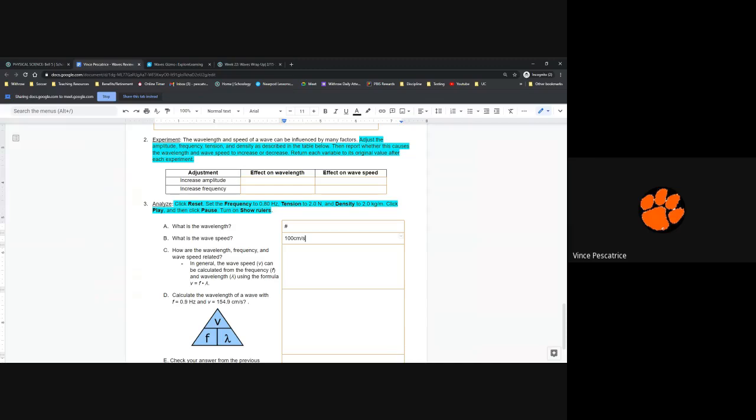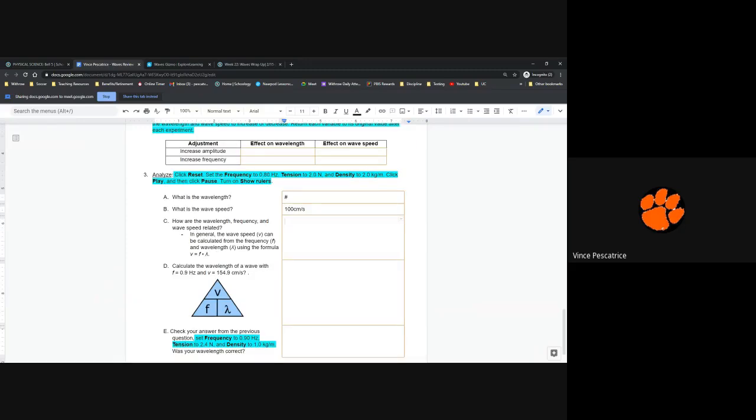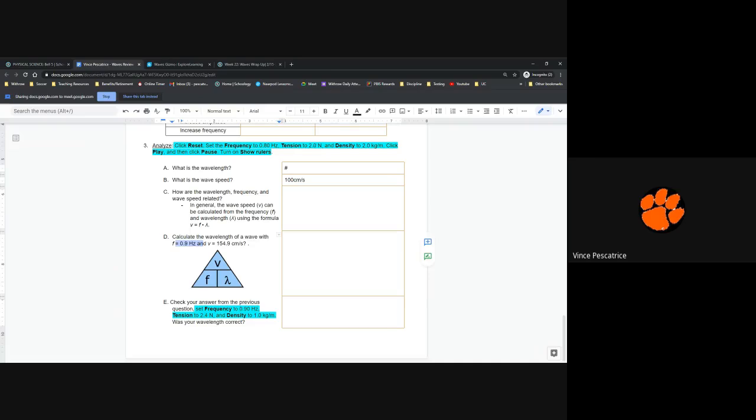All right, so how are the wavelength and frequency related to speed? Okay, so when I say that, look at your table up here. When you change these, how does that affect the wave speed? That's what I'm looking for in this box. Then I want you to do a test here, calculate this. All right, so remember we use the triangle, cover up what you're looking for. The wave speed is on the top, and then it'll reveal your equation at the bottom, which is actually right here. So do the math here,